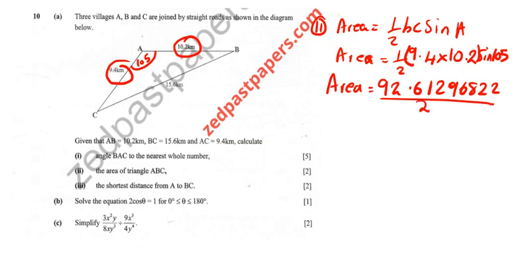You just divide this by 2. Area is equal to, in short I've just done 1 multiplied by 9.4 multiplied by 10.2 multiplied by sine 105, and then I divide by 2. So when I divide by 2, it becomes